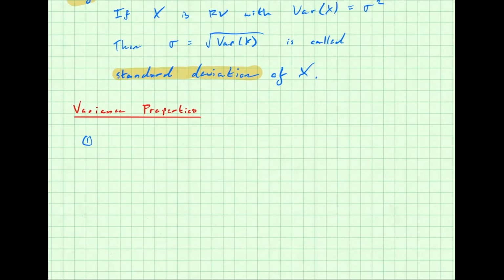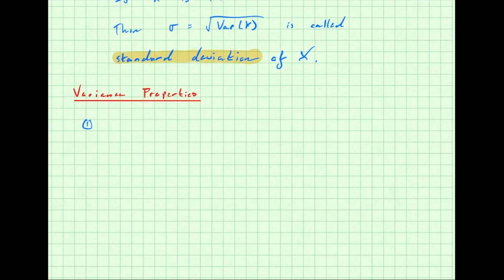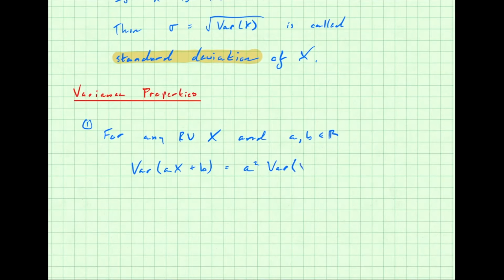So let's suppose you have a random variable x, for any random variable x. And let's say you have two real numbers, a and b. Then it's the case that the variance of ax plus b is equal to a squared times the variance of x. We'll go ahead and prove that, but the first thing I want to comment on is,